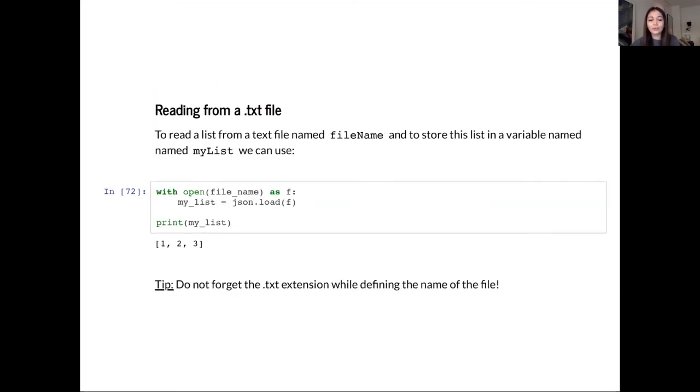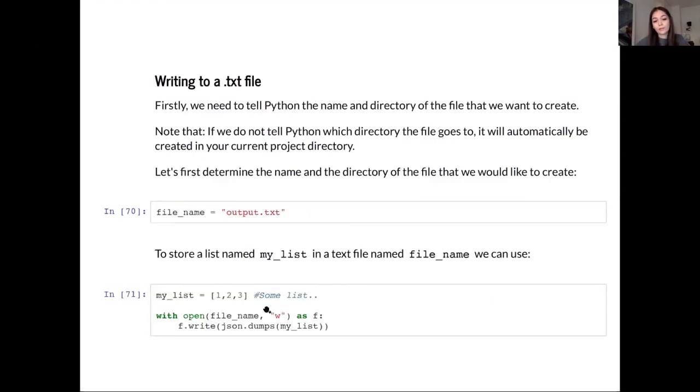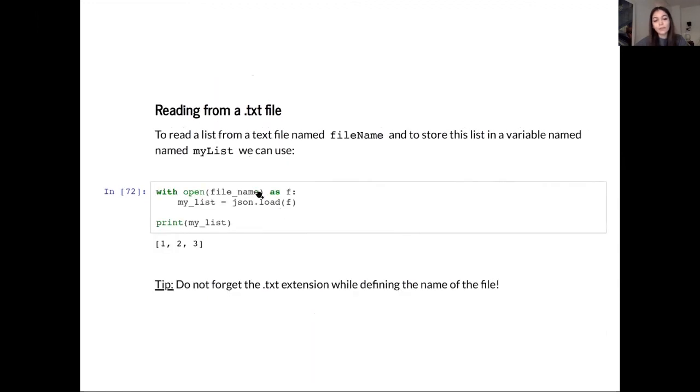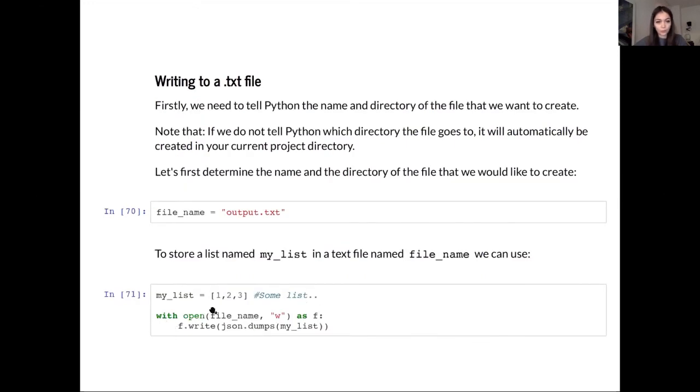Okay, so now that we've written into a text file, we can also read stuff from a text file. The syntax will look more or less the same, but this time with a couple of small differences that will make a big difference later on. Since we're not writing into a file anymore, we don't have this argument W here when we're reading. Instead we only have the file name, which we're again going to open, and we're going to abbreviate it as F,